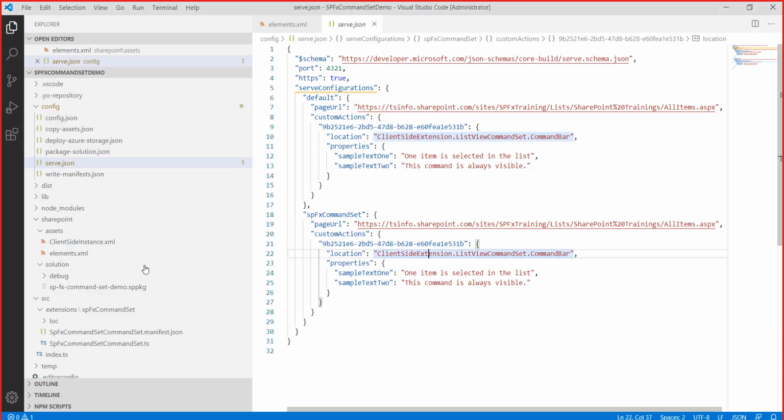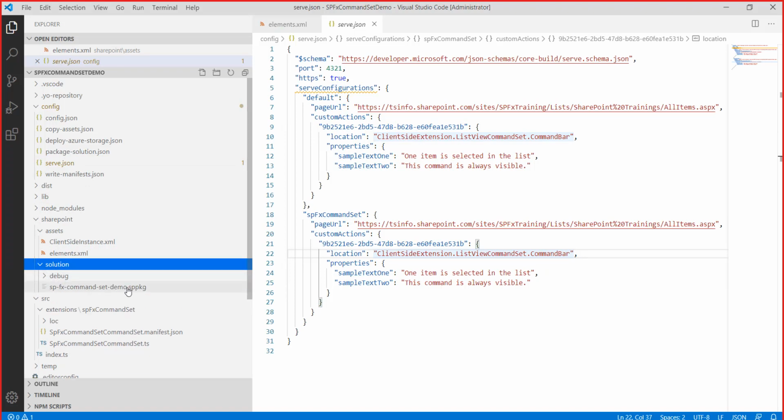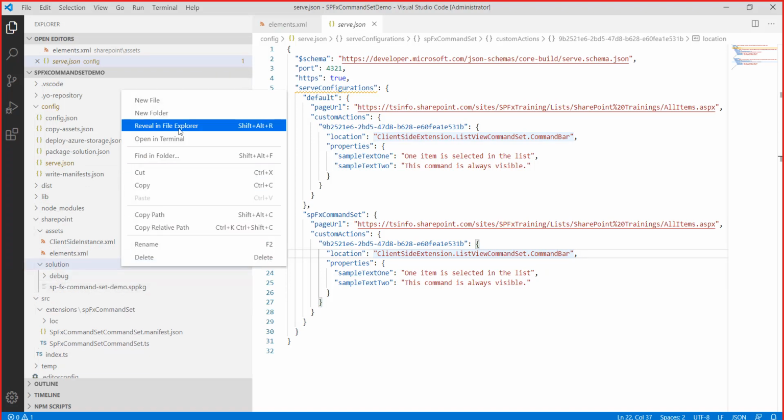You can see here, when you create it, it will create under this solution. You can see this is our package file. So I'll open this,